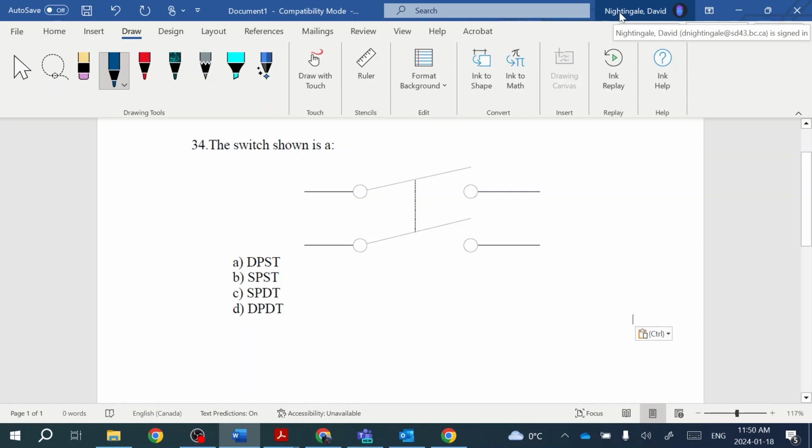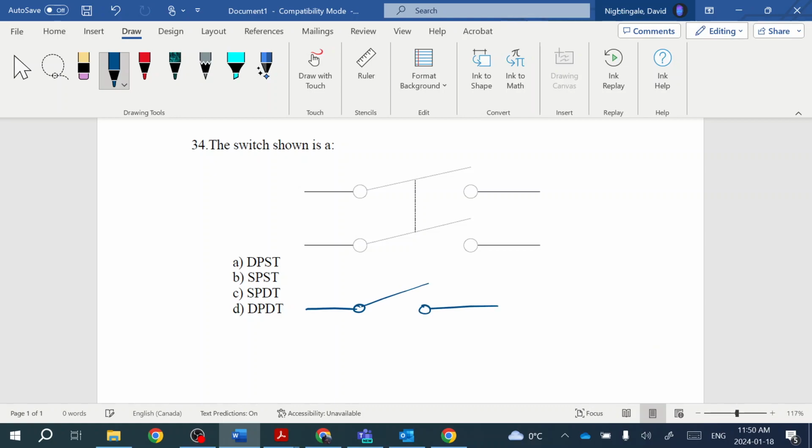All right, so this is question 34 from the third practice test that I handed out. Just going over the different vernacular that describe switches. So this will be a bit of review, but let's go over the four different types and what poles and throws refer to. We should all be familiar with the single pole